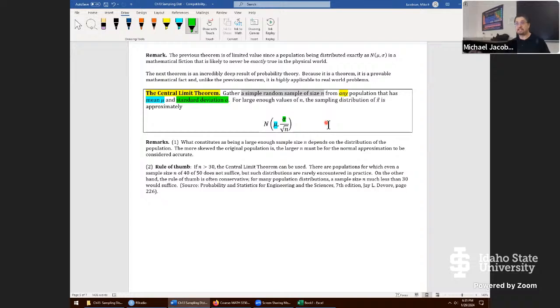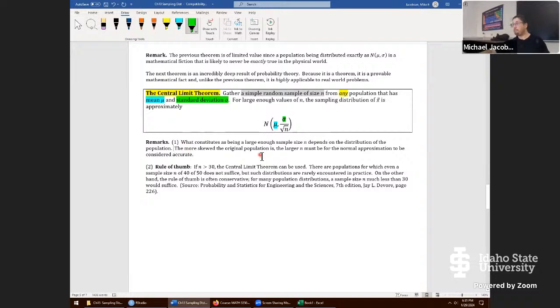Okay, so this theorem tells us we should expect a lot of normal distributions, even from populations that we would never see them coming. I do have some rules of thumb, because this is the hard part of the central limit theorem. What is a large enough sample size to get decent accuracy? First, here's a super blunt rule of thumb. This is not bad for textbook work, but it starts to not become great once you're doing a lot of stuff beyond the class. But here it says,